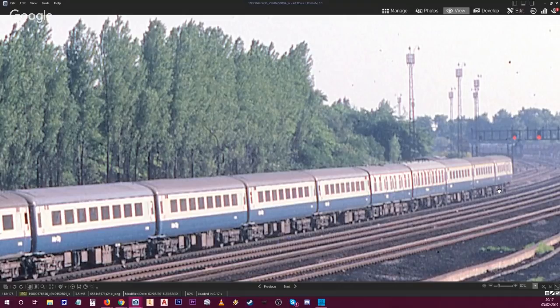The 0800 King's Cross to Edinburgh, 1965. Oh no, that's before your time. That's that one as well. Going north. That's 65. Okay, that's too early. So yeah, that's that one. And then